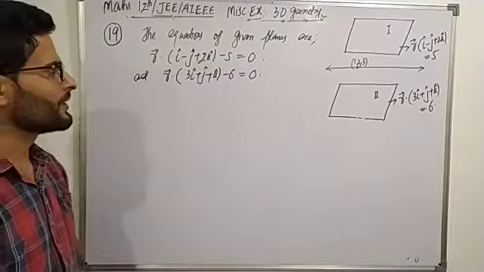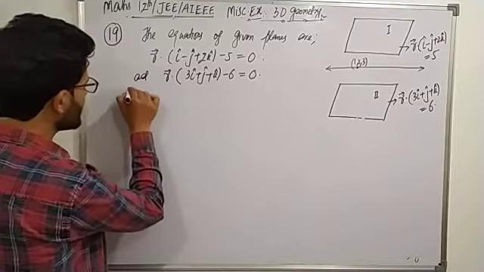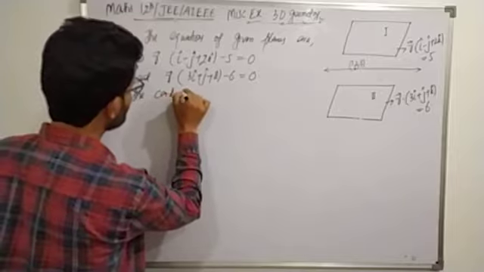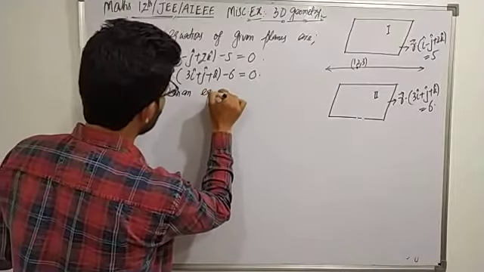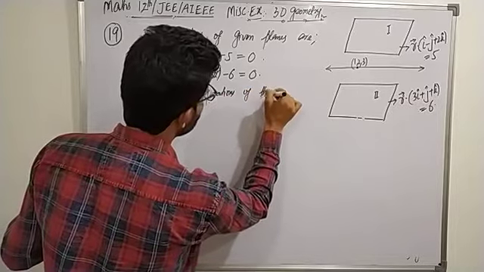First we will transform these vector equations into their Cartesian forms. So the Cartesian equations of these planes are: